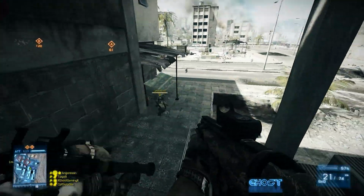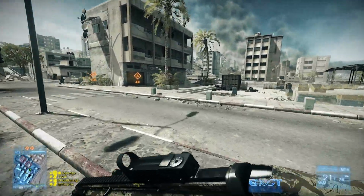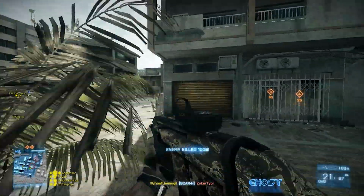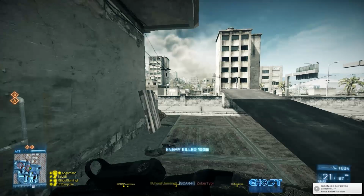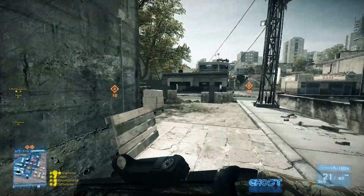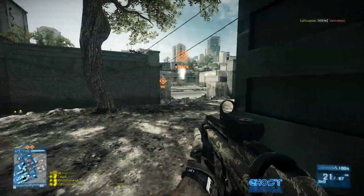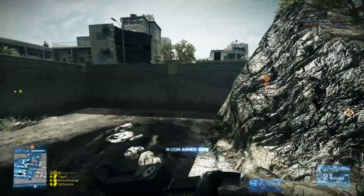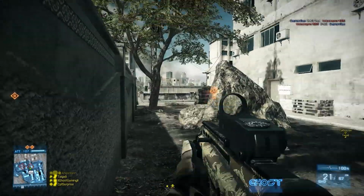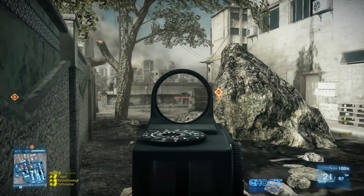So in the case of Battlefield 3, that's really important for footsteps, the distance of them, the direction, and the same with other things like gunshots and a tank rumbling past, you name it. And linked together with the sound card, that means that it can give you awesome positional audio and you can really gauge the distance. If you hear somebody's footsteps, you know the exact distance, you know how far they are, you know how fast you have to turn around and take them down before they get to you. You can tell if they're running towards you or if they're running away from you. It really is that accurate,